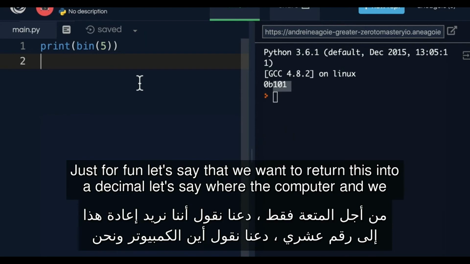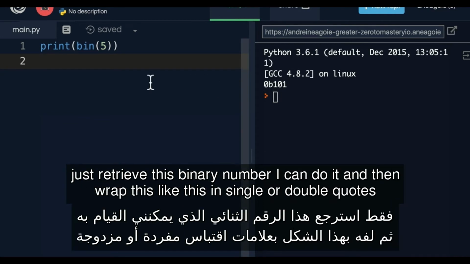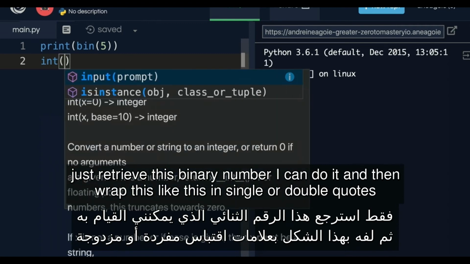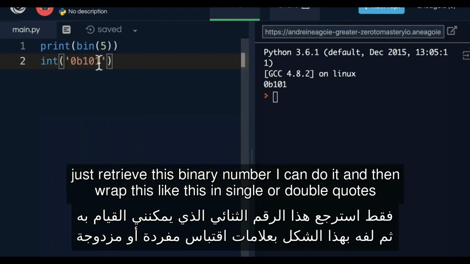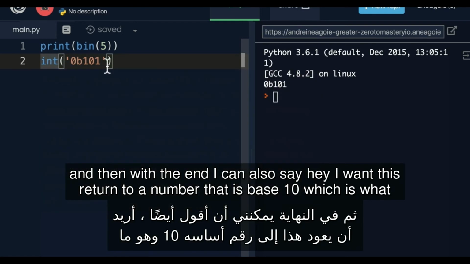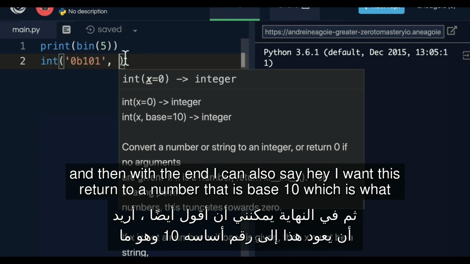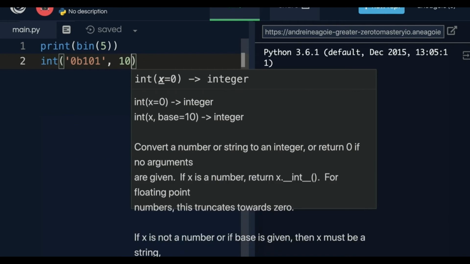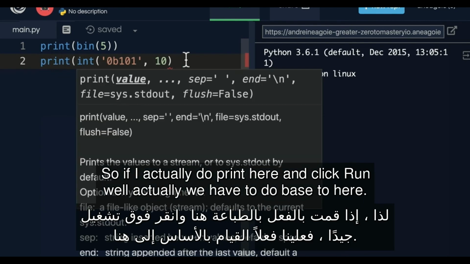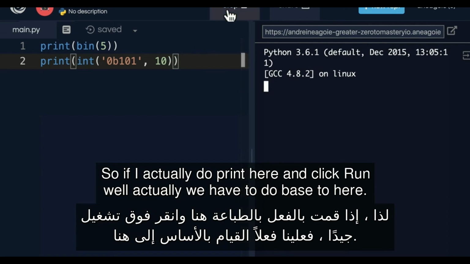By the way, just for fun, let's say that we want to convert this into a decimal. Let's say we're the computer and we just retrieved this binary number. I can do int and then wrap this in single or double quotes. And then with the int, I can also say, hey, I want this returned to a number that is base 10, which is what us humans use. So if I actually do print here and click run,